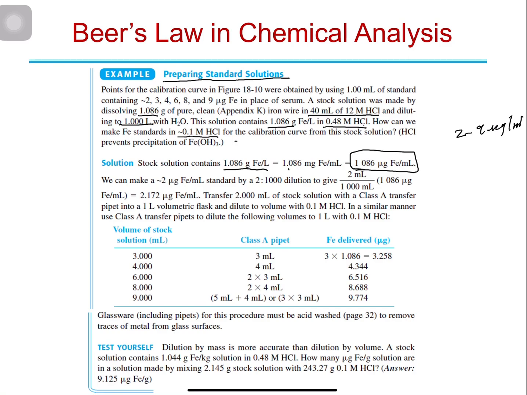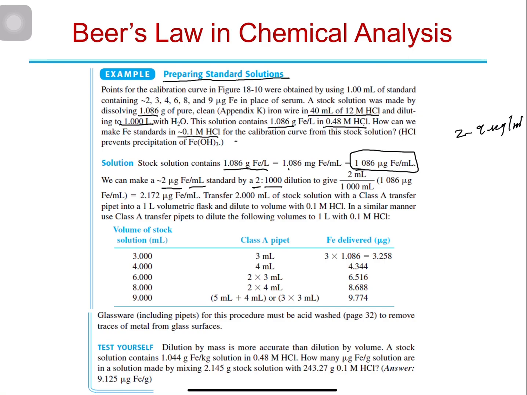So we said that the concentration in the original solution is 1086 microgram iron per ml. So we can make 2 microgram iron per ml standard by making dilution of 2 to 1000. So it's not going to be then exactly 2 microgram. It's going to be a bit more because the concentration is